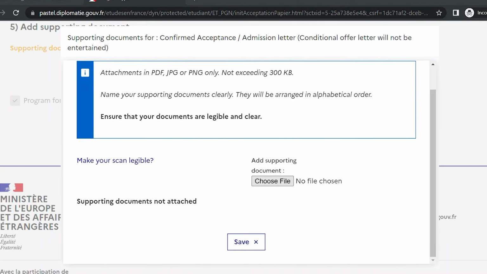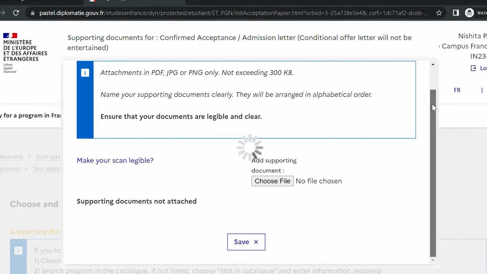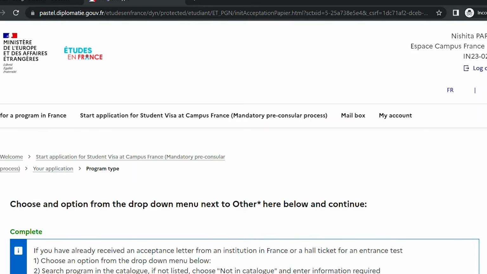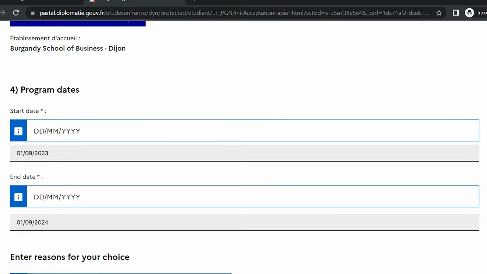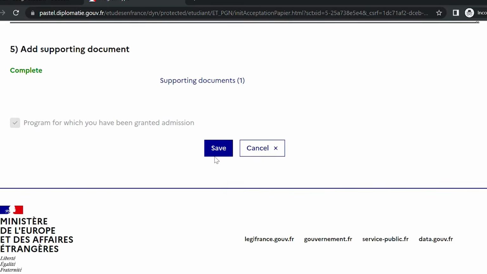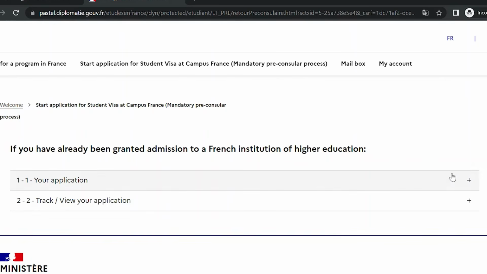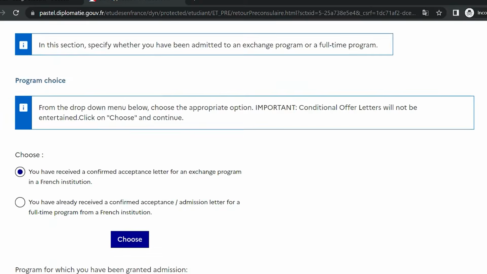I'll be directed to upload a file wherein we will be uploading our final admission letter that you shall receive after confirming your admission by paying a certain amount of deposit as informed by your institution. Once done that, we save and we will be directed to another section, which is the